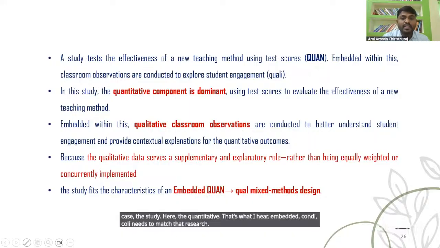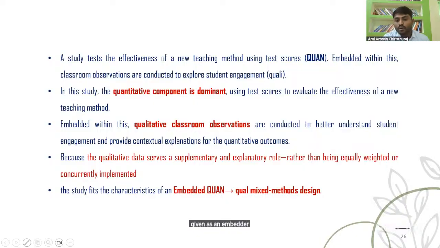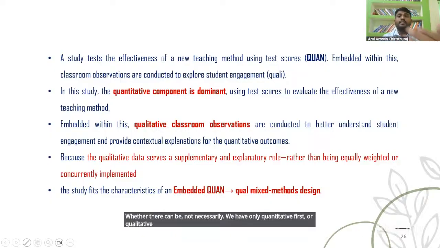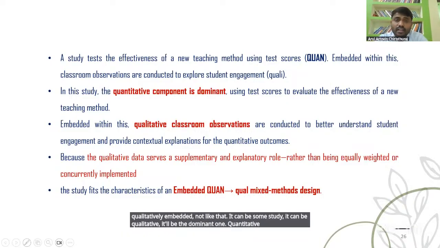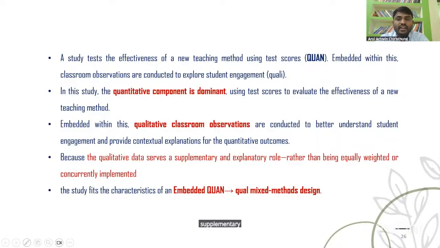It can be given as embedded quantitative mixed method also. Not necessarily do we have only quantitative first or qualitative. Qualitative will be embedded, not like that. In some studies, qualitative will be the dominant one and quantitative can be supplementary, embedded. That's where we embed the quantitative findings into the qualitative.